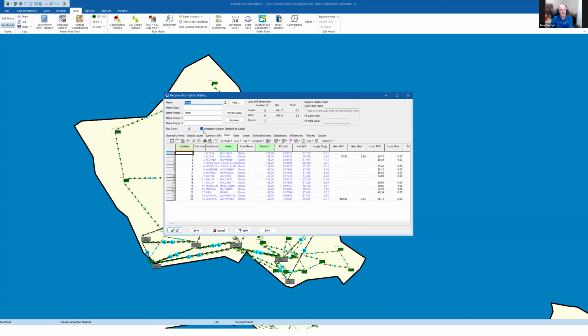Now, we have a category of regions that we call a temporary region. This was set up to allow you to do this functionality. You just look at it, and presumably you don't want to keep this region. So when you close the dialog, if it's a temporary region, it's going to go away. If for whatever reason you felt like, wow, this is a great region, I want to save this, you either uncheck this or you rename it,